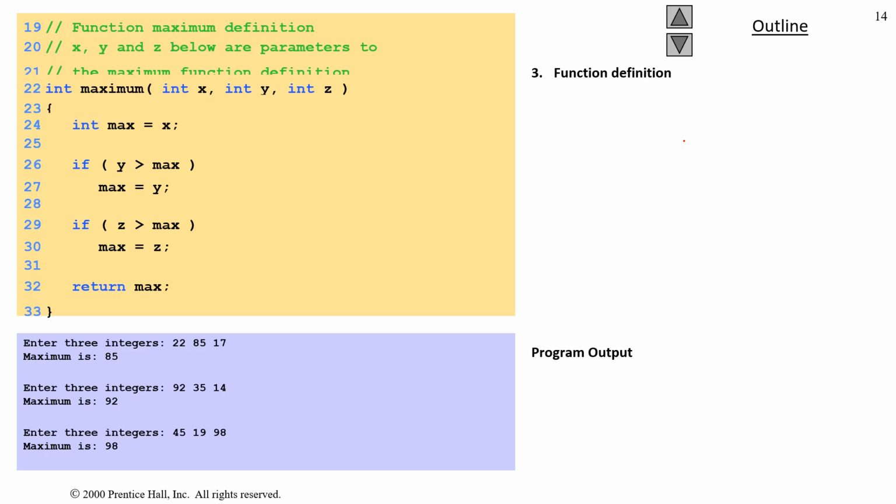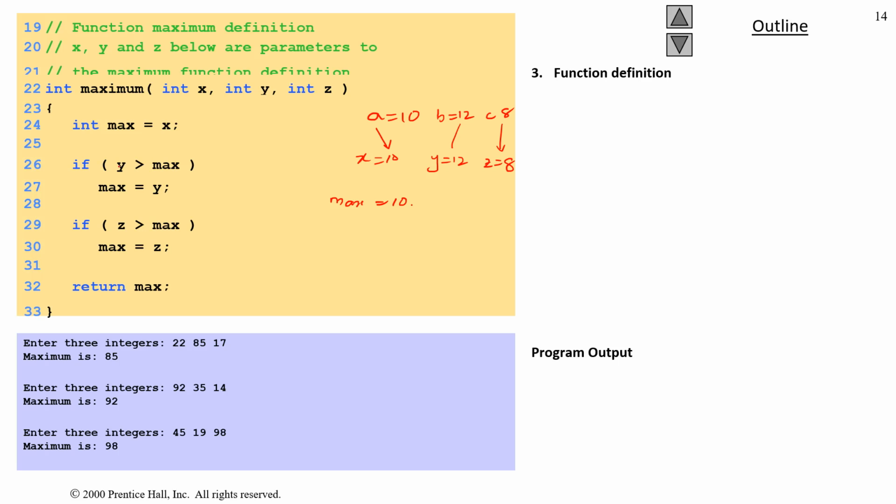So if I write, for instance, in main, a is equal to 10, b is equal to 12, and c is equal to 8. So here the value of a goes to x, so x will be 10. y is equal to 12, and z is equal to 8. So you're assuming the first one, that is x, is the maximum. At the beginning, you're assuming that this value 10 here is the maximum, and now you're going to